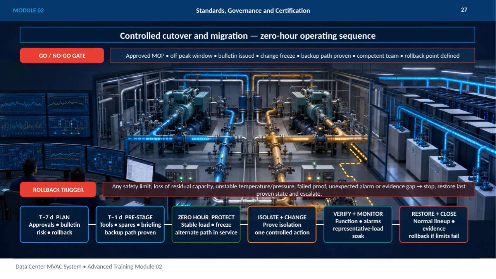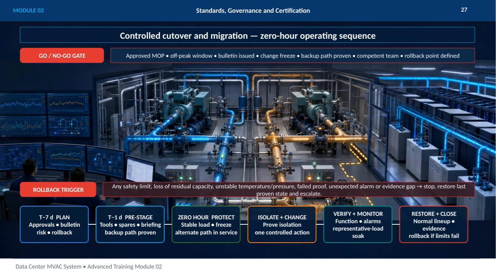The next step is to isolate and make the change with a single controlled action, verifying isolation throughout. Following this, we verify and monitor system function, alarms, and perform a representative load soak to confirm stability. Finally, we restore and close with the normal lineup, providing evidence of success, while remaining ready to roll back if